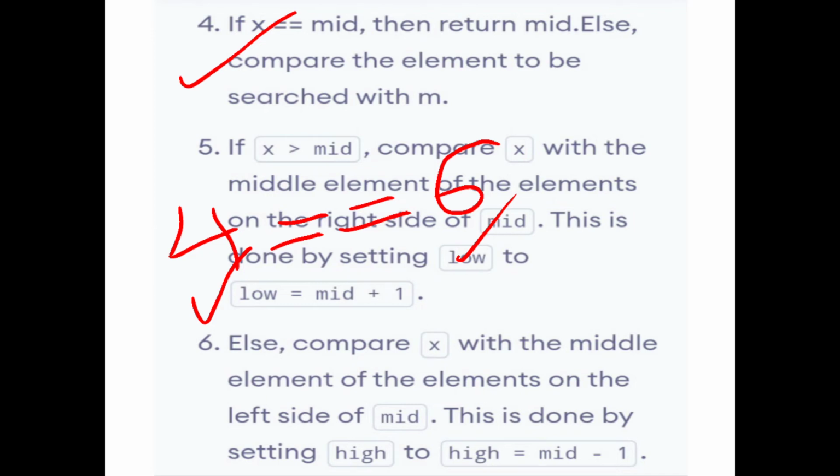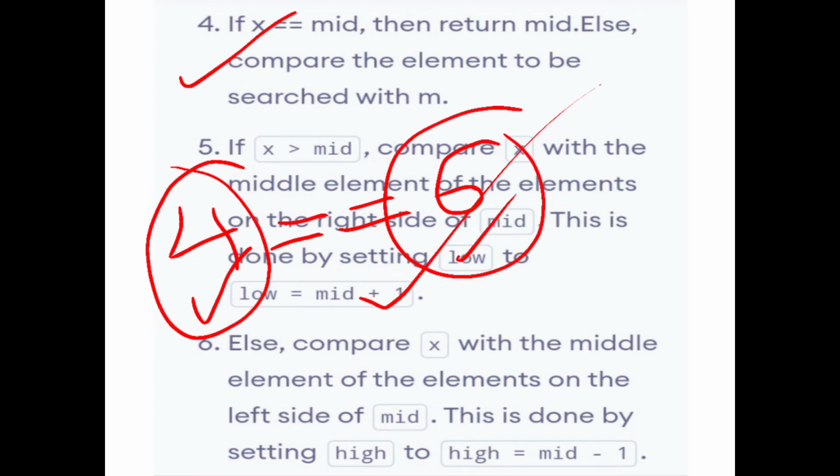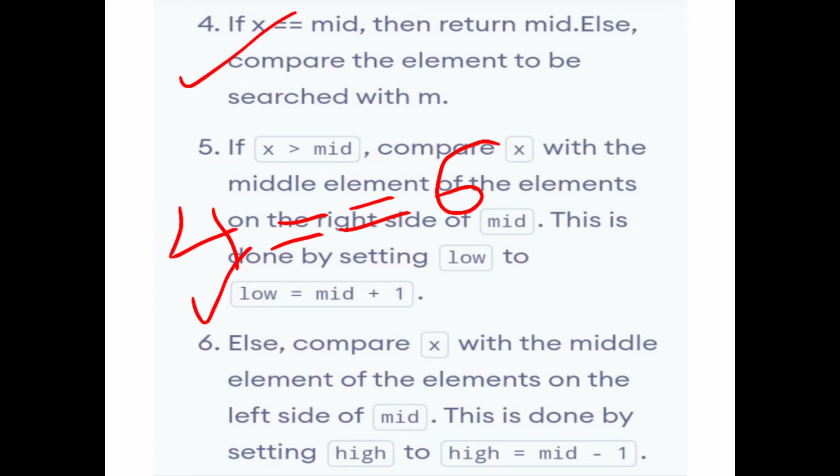But here, 4 is our key element, we want to find the position of element 4. Then what is the mid value? 6 is the mid value. So that is not equal, so we follow another process.